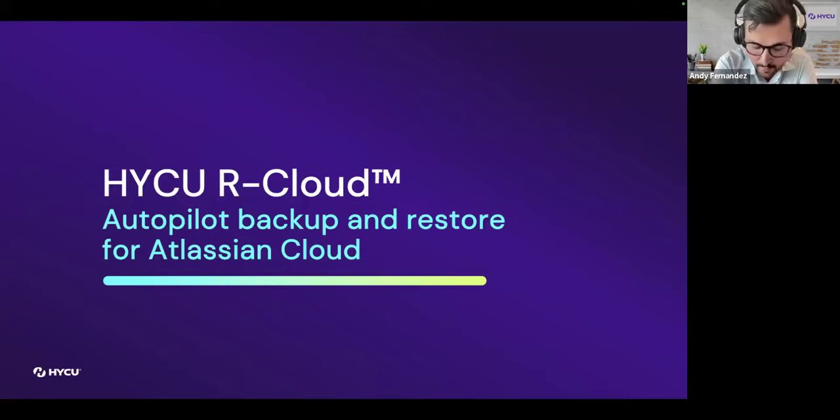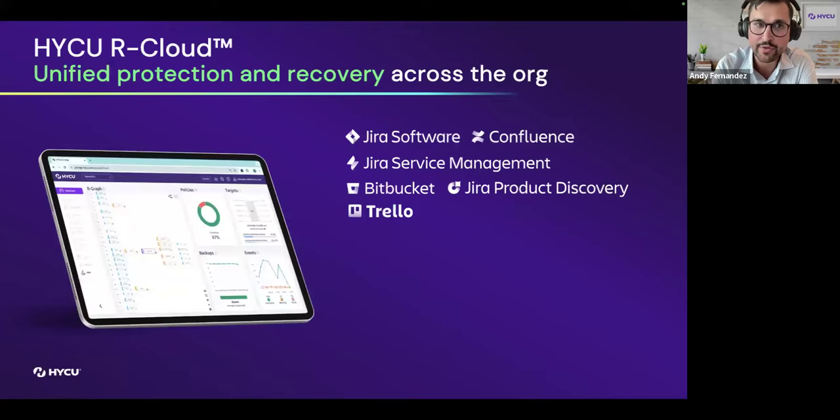So one of the things before we get into the final topic that I want to get into with Dan, I do want to provide a little context into how HYCU is able to do this. And I'll show you our philosophy and our approach in a couple of minutes. And then we're going to get back into probably my favorite part of the conversation. When you think about HYCU, one of our core philosophies here is